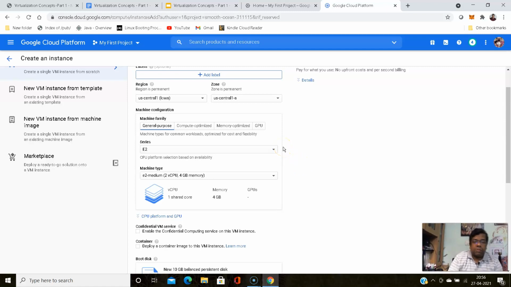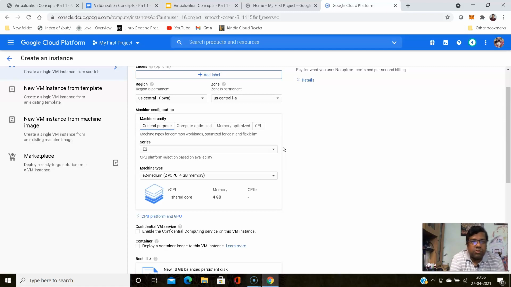One most important thing: Google Cloud is itself running over virtualization. So the instance I will be creating is itself a virtual machine.